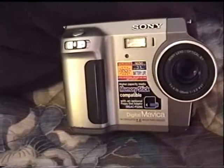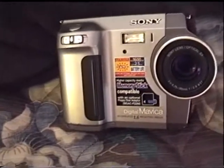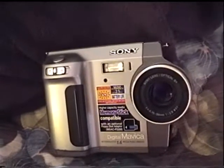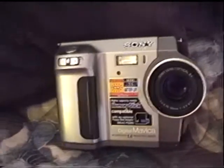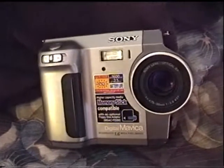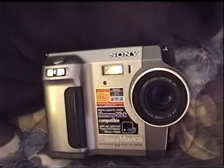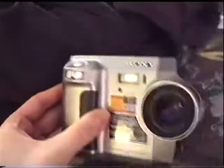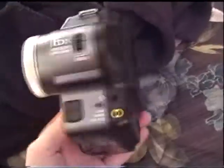Takes excellent pictures. This is one of the first Mavicas that took really great pictures after Sony sorted out some of the oddities that the earlier Mavicas had that impacted photo quality. This takes really great pictures. I actually use this for actual picture taking. It's really fun to use